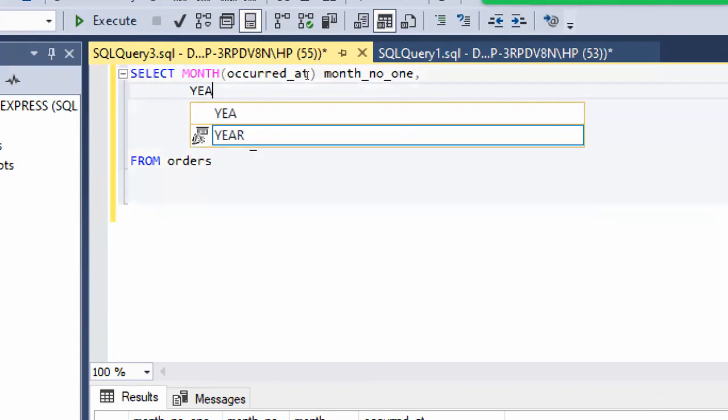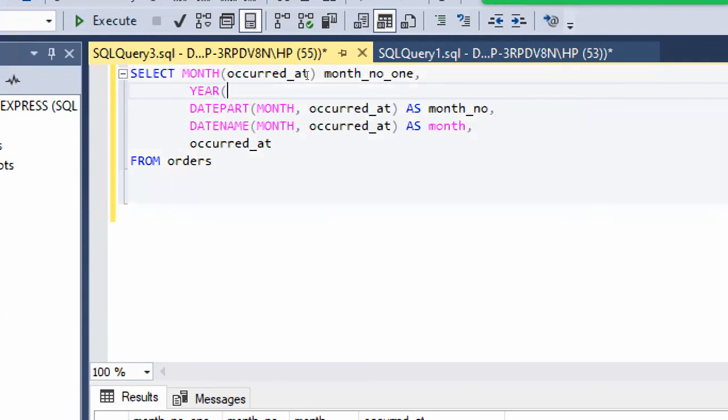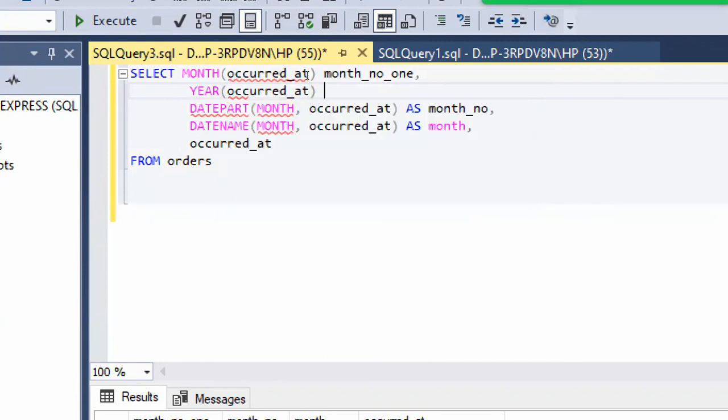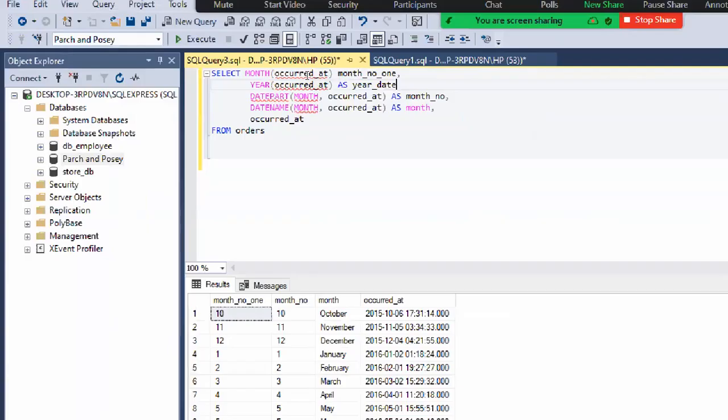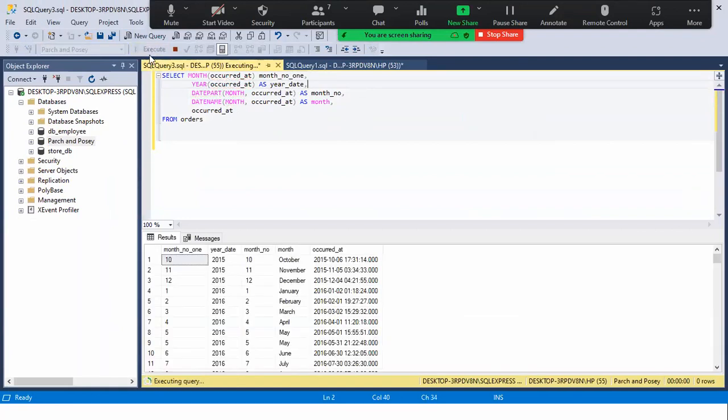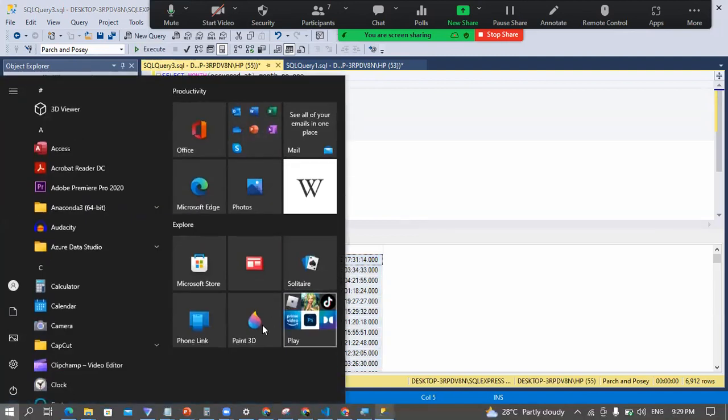So I can say year and my date column, for example. I'll call that, and we extract the year from our results as year date. So this is year, right? So this month, this year, this month number, this month. You have several date functions, right? Because of time, let's just go and